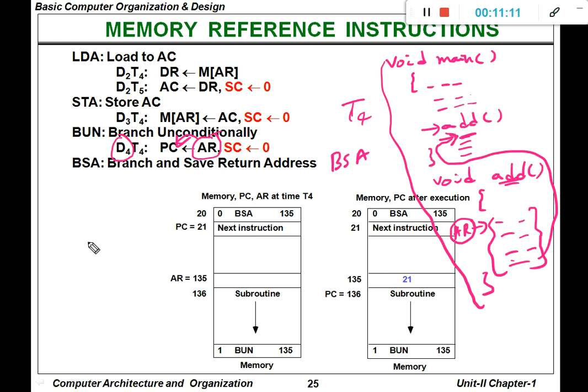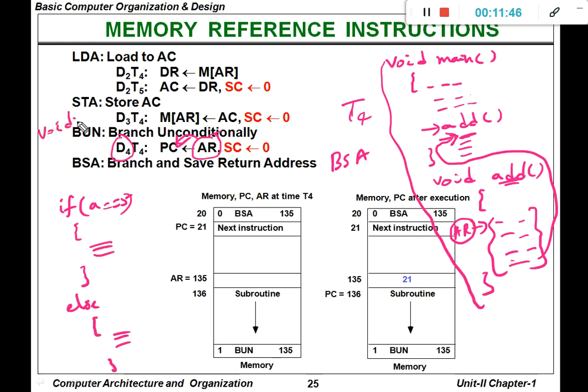whenever we don't want to return from a particular statement, then we are going to use branch unconditionally. For example, an if statement is there. If A is equal to 5, then carry out some operations, else carry out some other operations. Now this particular instruction is carried out by branch unconditionally.